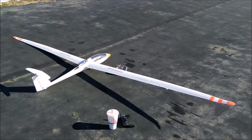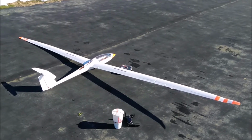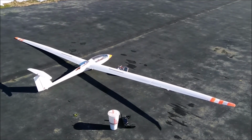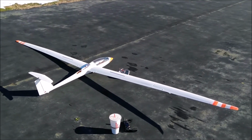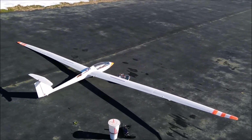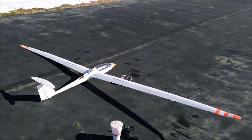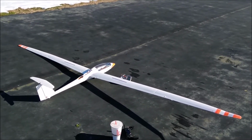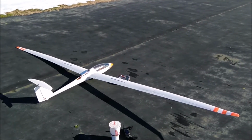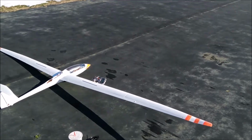So I've got channel 1 left aileron, channel 2 right aileron, set up kind of like a DLG. Air brakes are on the throttle, individual, so that's 4 channels right there. Rudder, elevator, that's 6, and then the SLS is the motor and the retract unit, so that's 8. I'm running a FrSky Vario, and FrSky voltmeter on the battery. The packs I'm running, 1500, 3000 milliamp 3S pack with some lead shot in the nose to get the CG